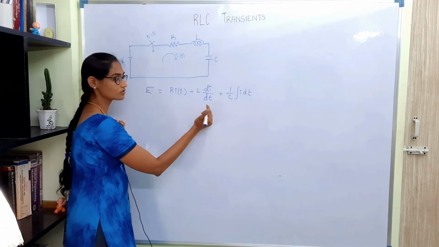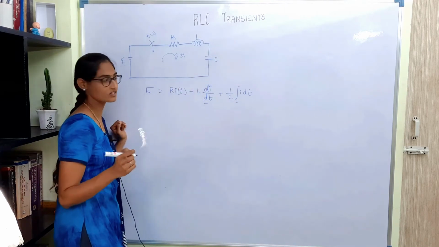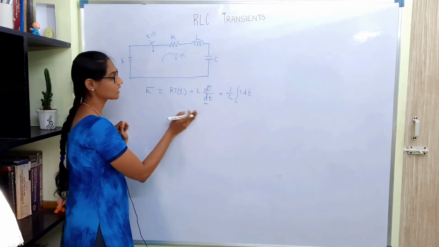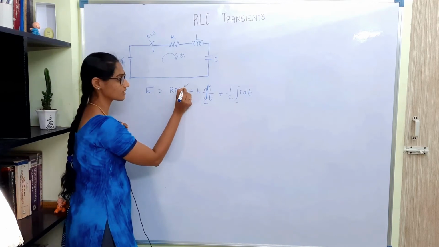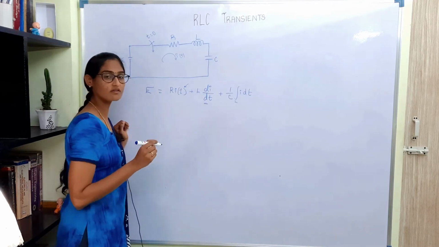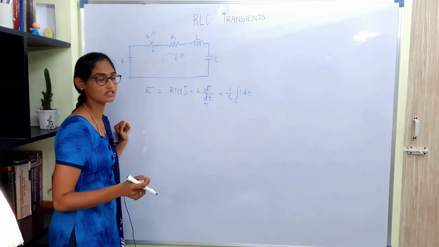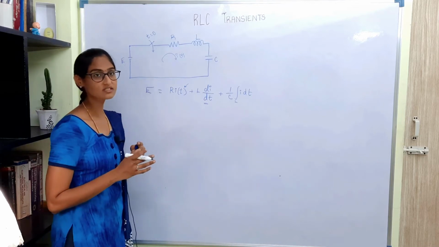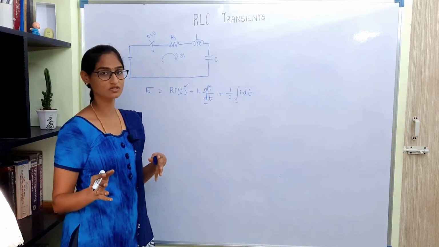If you have any doubts on these, you can check that link and then come back here. Okay, so this is the equation of this circuit. Let us take the Laplace transform in order to find the response of the current i. You can either solve it by the differential equations method or by the Laplace transform method. But in this case, I am going to choose Laplace transform because it is going to be easier for us to break that down and find out the response i of t.